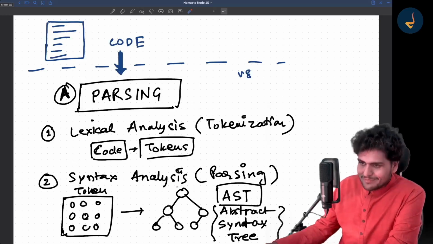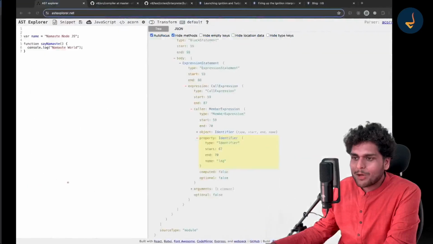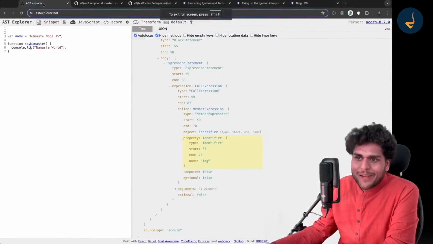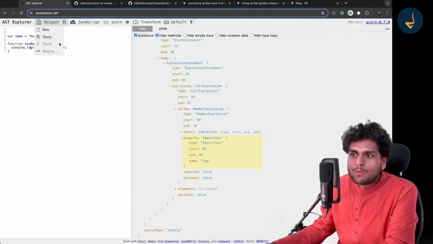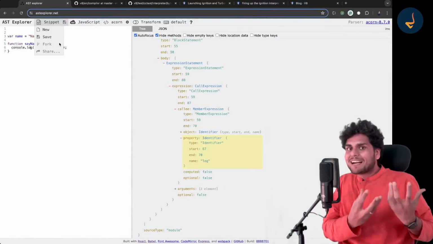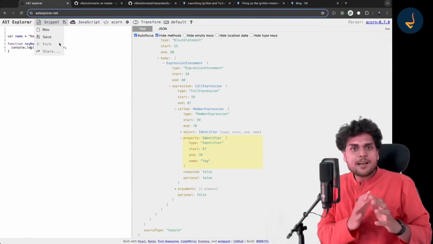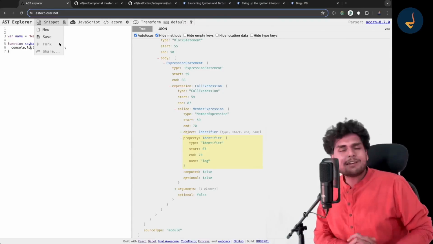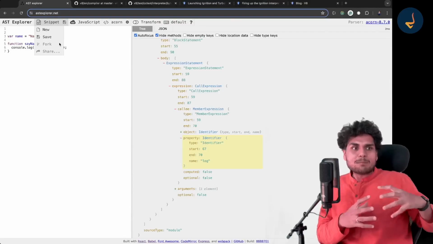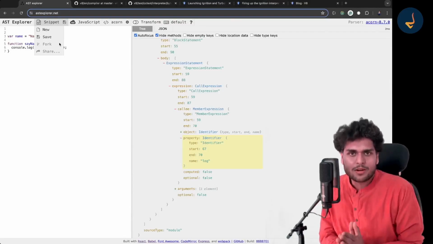I already have an example for you. There is a famous website known as astexplorer.net. This website lets you see the abstract syntax tree. And trust me, nobody will tell you all this. This is something you have to go and explore.